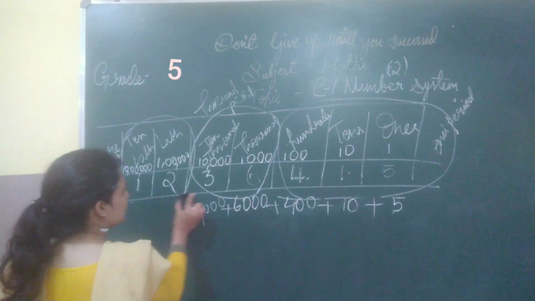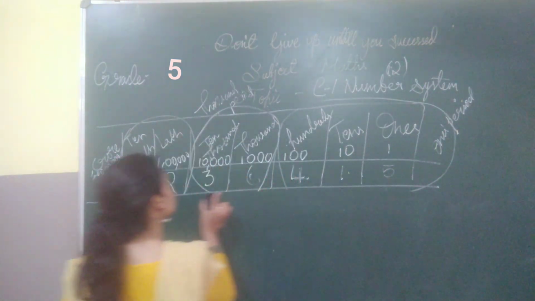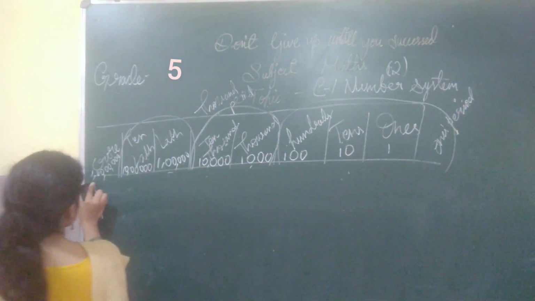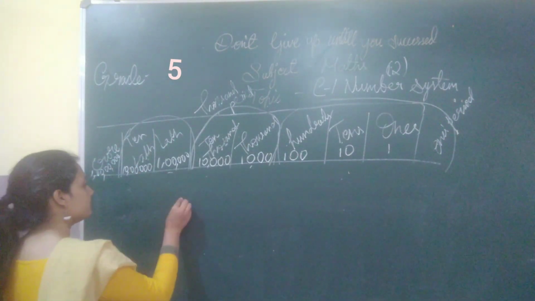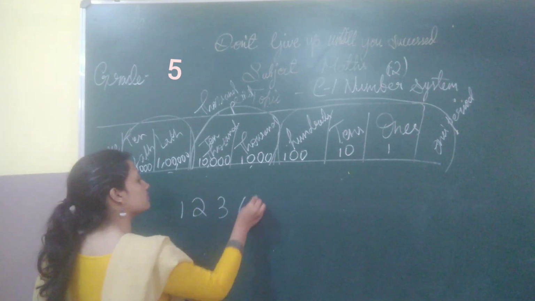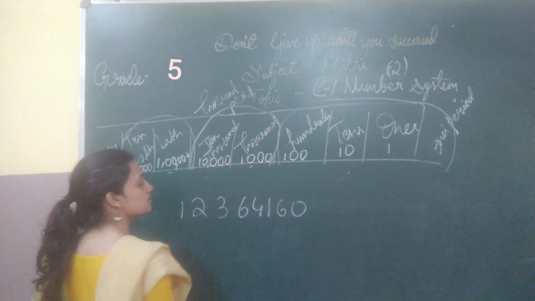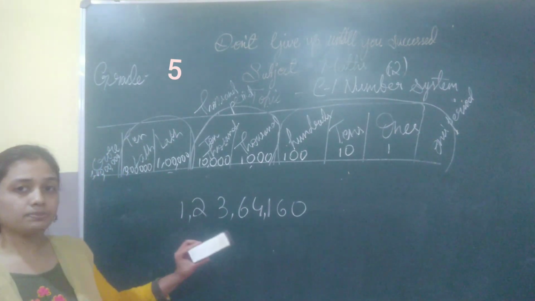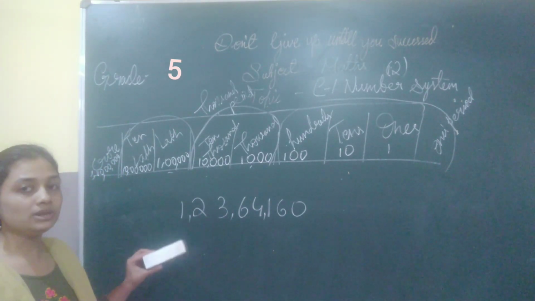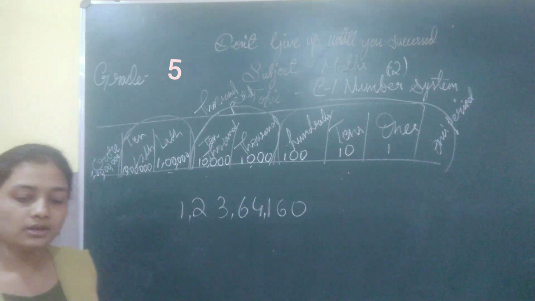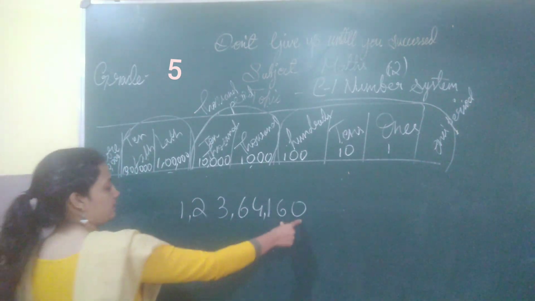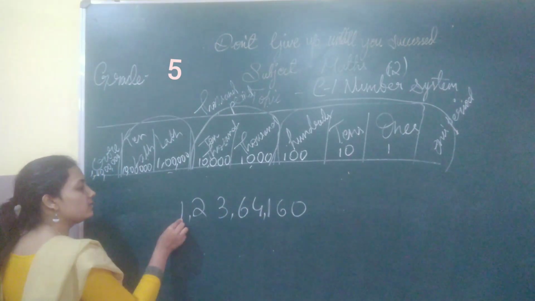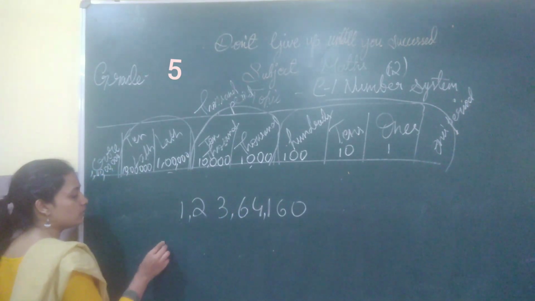In the last class we had expanded one number and in this class we expand different numbers, children. So let's take a number and let's expand it. Before expanding, you should first insert the comma. Only then you can know how to expand it. So this is ones, thousand, lakh and crore. We will start expanding from this side, the crore place.